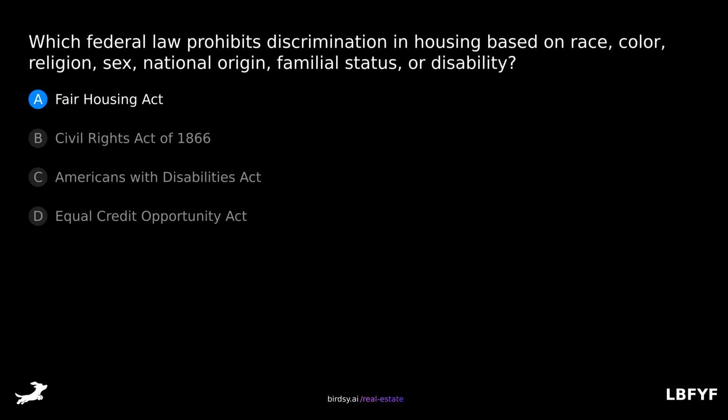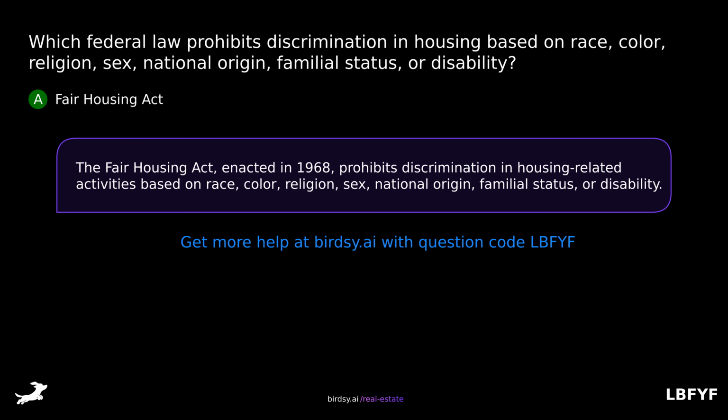Is it A, Fair Housing Act, B, Civil Rights Act of 1866, C, Americans with Disabilities Act, or D, Equal Credit Opportunity Act? The answer is A, Fair Housing Act. The Fair Housing Act, enacted in 1968, prohibits discrimination in housing-related activities based on race, color, religion, sex, national origin,